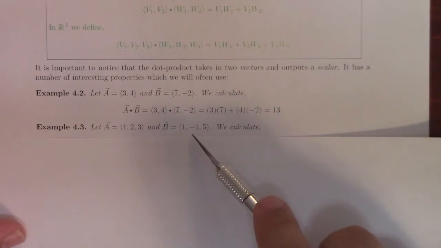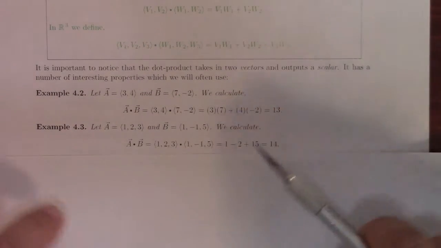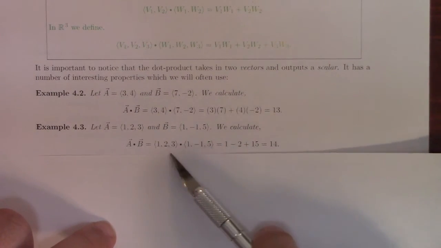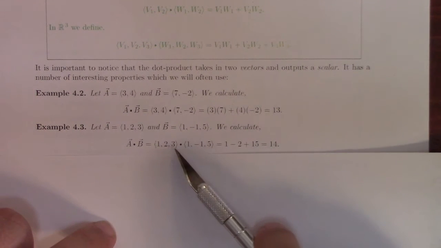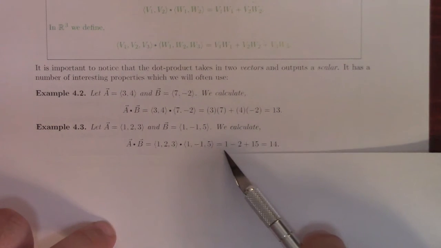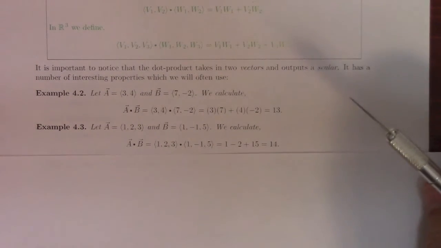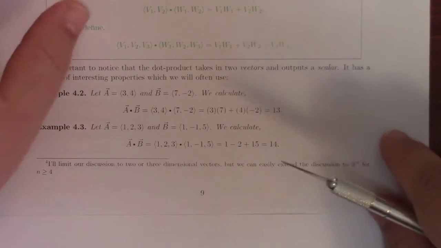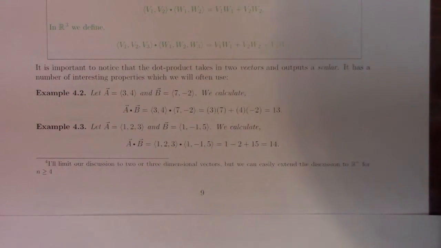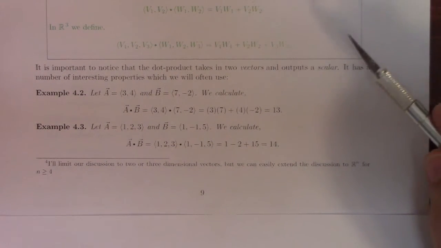(1, 2, 3) dot (1, -1, 5). We get 1 times 1, which is 1, 2 times -1, which is -2, 3 times 5, which is 15. So we get 1 minus 2 plus 15, which is 14. Okay. And, try not to talk too much about it, but it is true that you can define the dot